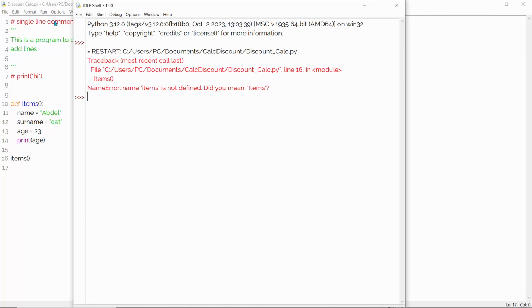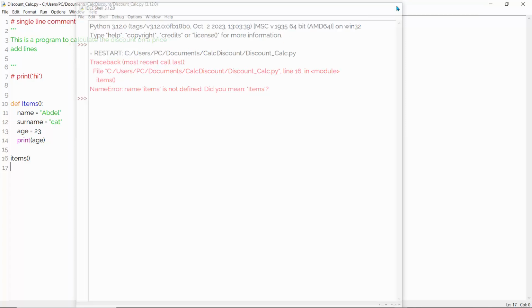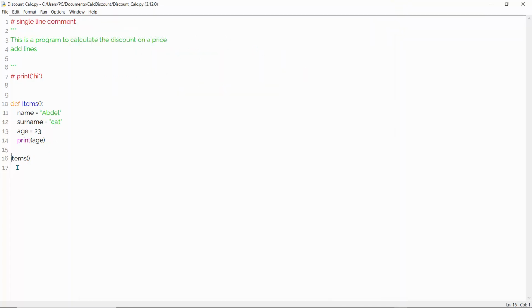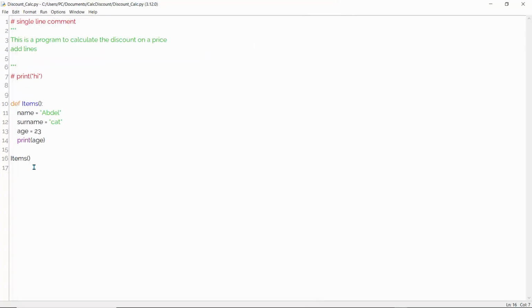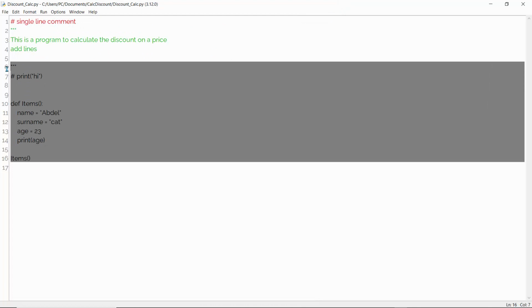So it says name error. Name items is not found. Did you mean Items? So the I is capital. So remember to use the same name of the function you're calling, or else it will see something else. So if I run this, now it says this is the number 23. That's super great. So I'm going to just clear out everything and